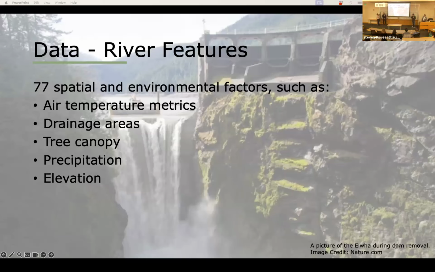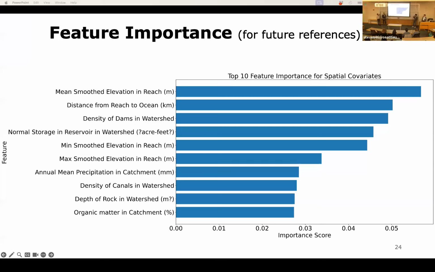Okay, after we have all the clusterings, we have to determine what spatial features could affect the river temperatures. We are using the spatial covariates given by the sponsors. There are 77 spatial and environmental factors such as air temperature, drainage area, tree canopies, precipitation, and elevation. These are the results we get after we use the prediction model, and we can see that elevation takes most of the parts, because out of these 10 big features,